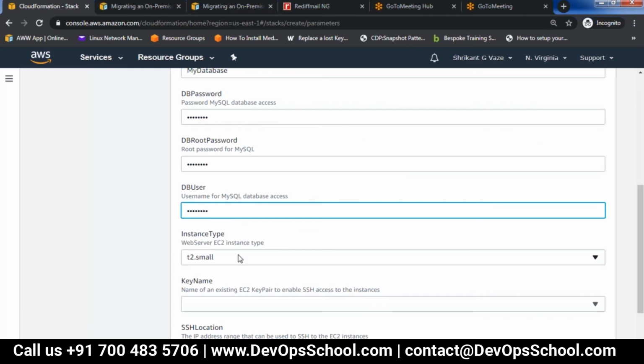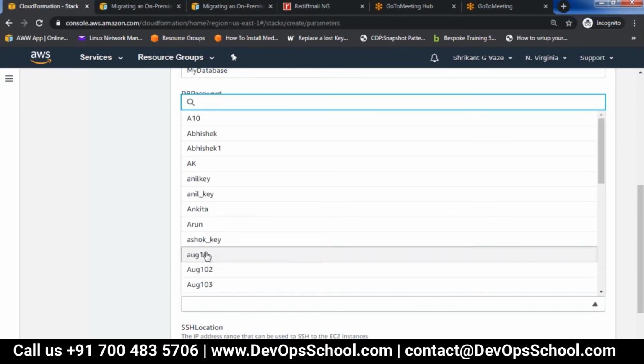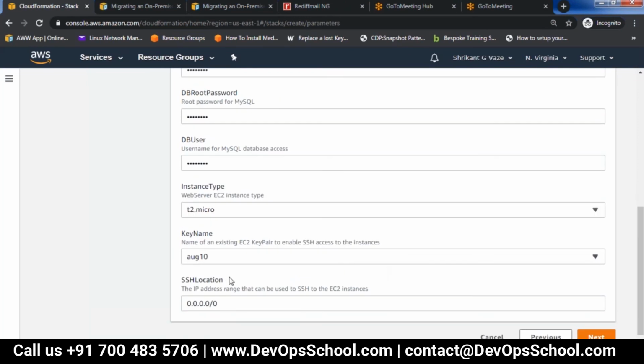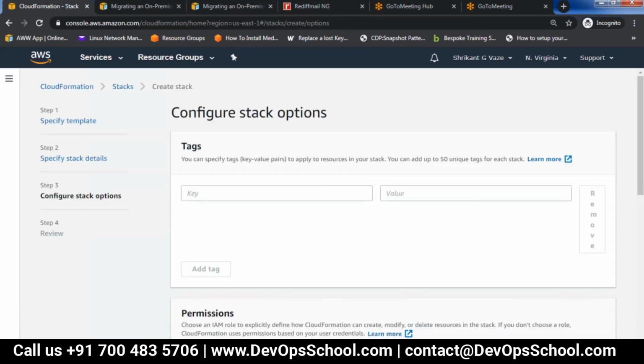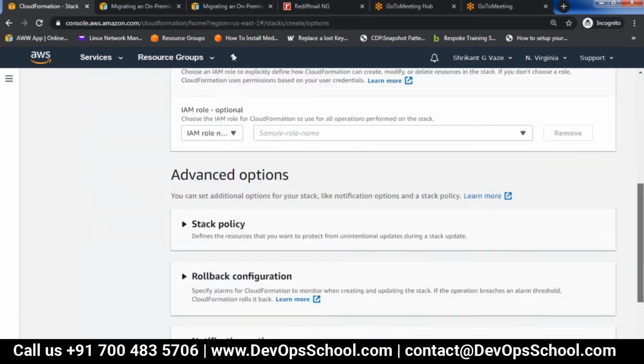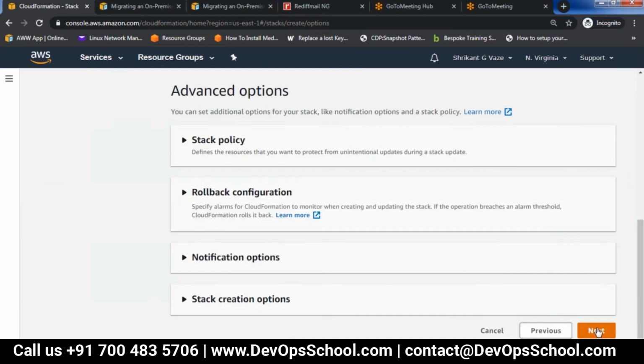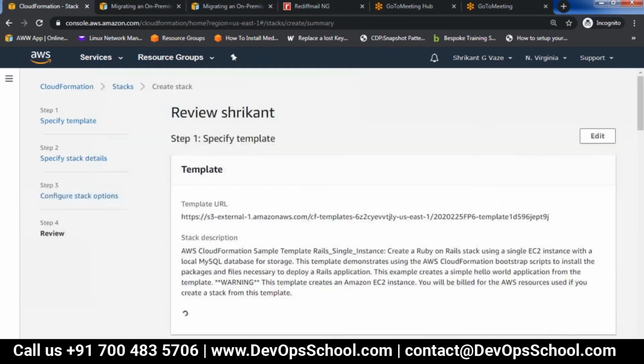Now you can hard code this also. It is not necessary that all the time the user should enter it. It depends upon the way you write your template. Okay, so this is the key, which also can be hard coded. And now let me create it.